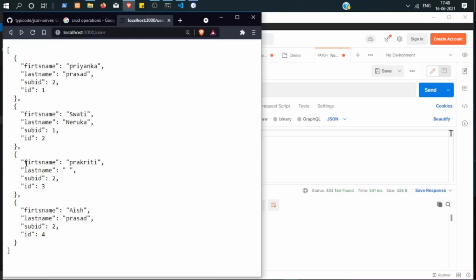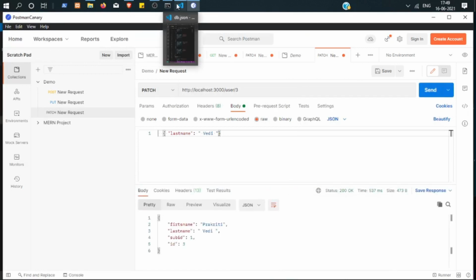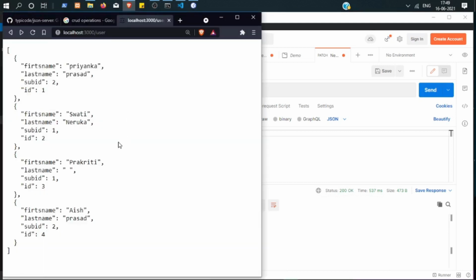Have a look. First, in our web browser, we are having just first name Prakriti and last name nothing. I will refresh it for you once again. Now let's send this request, and as you can see, I'm getting status code 200. Okay. Now let's get back to our browser and monitor this one, first name and last name.